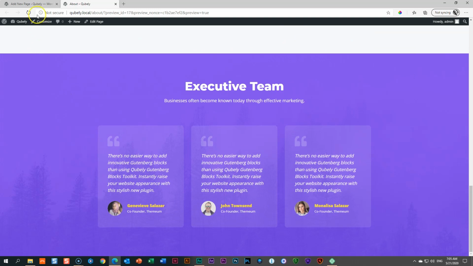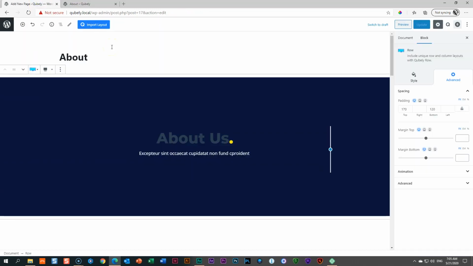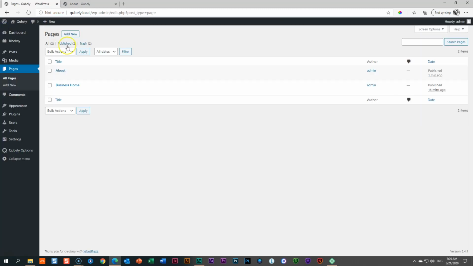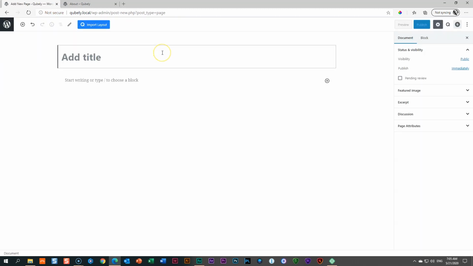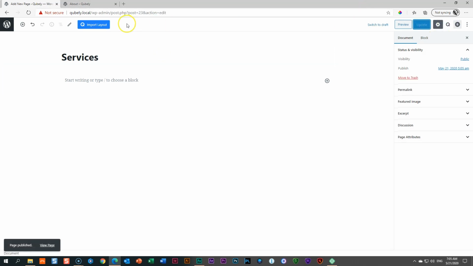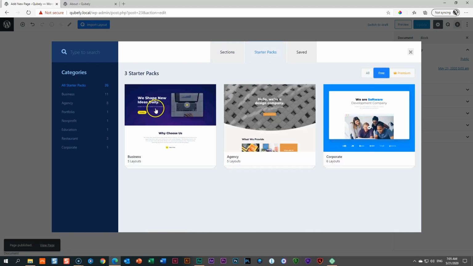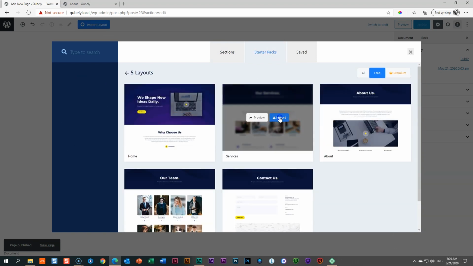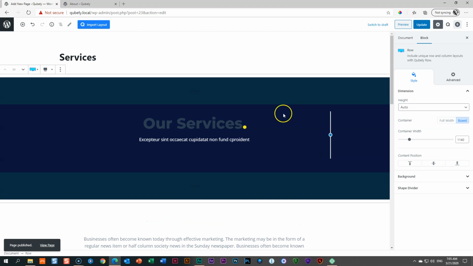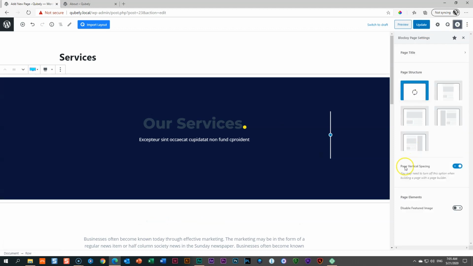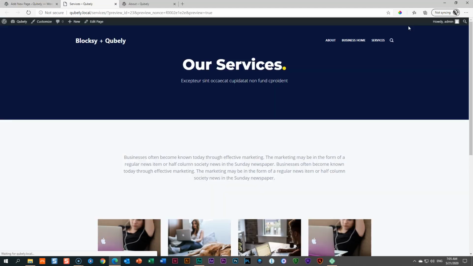Let's see if the bottom looks okay, right? We probably have to bring back our footer. Let's bring in one more page as an example so we can go through this. I think there was one called services. Services, publish it, import the layout, starter pack, free, business, and services import. Select Blocksy up here, deactivate page vertical spacing, update, and everything should be honky-dory when we view this one on